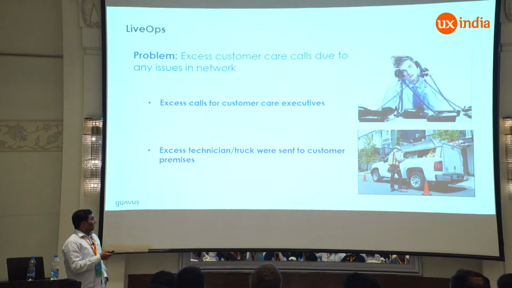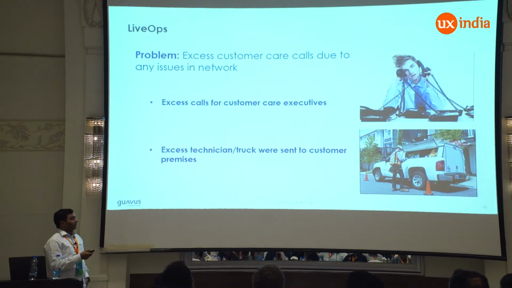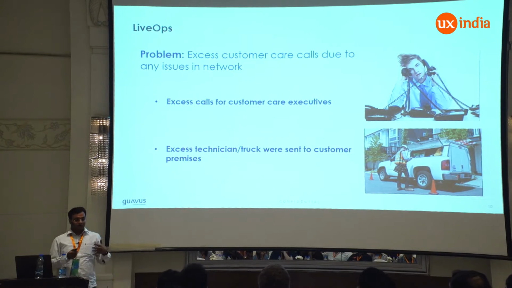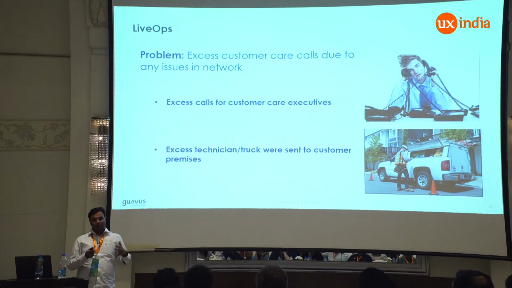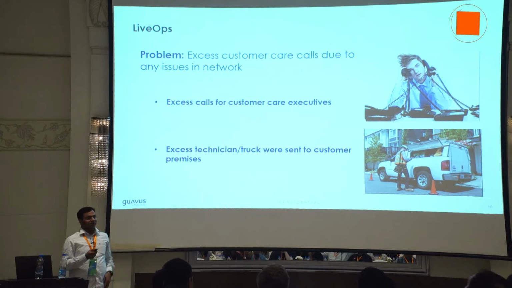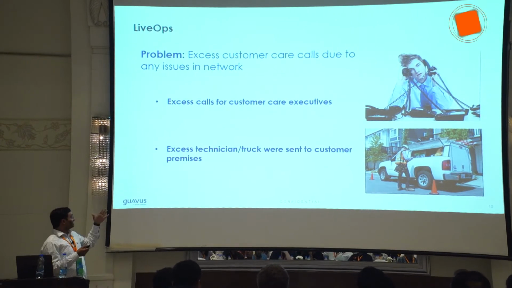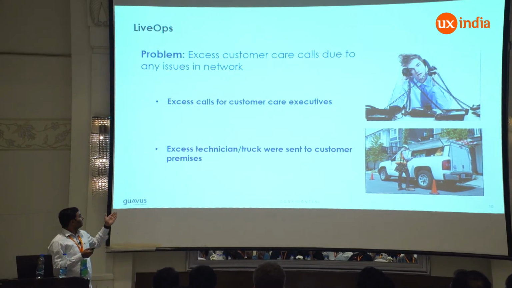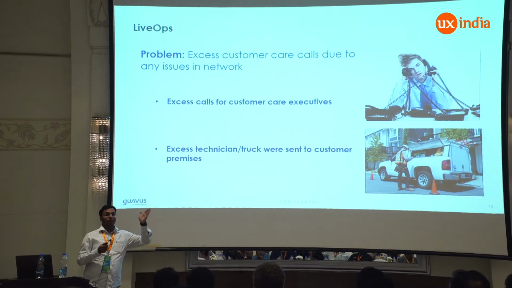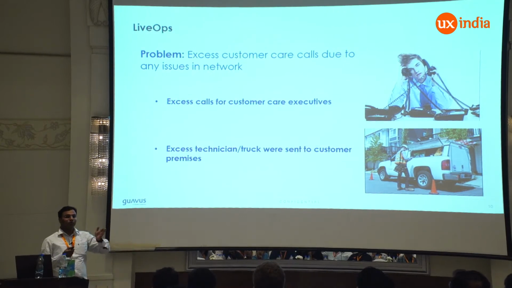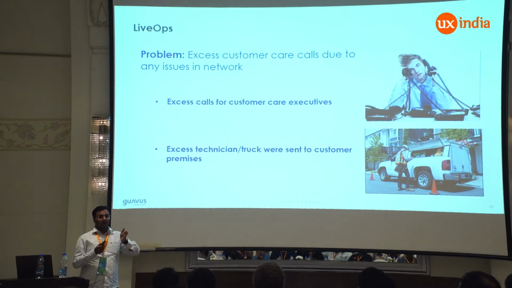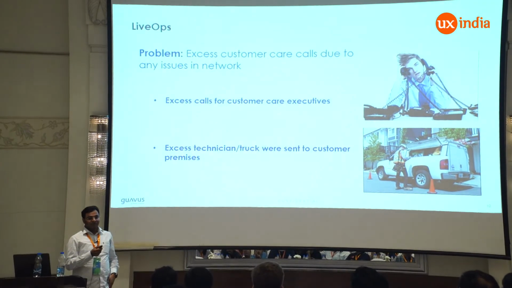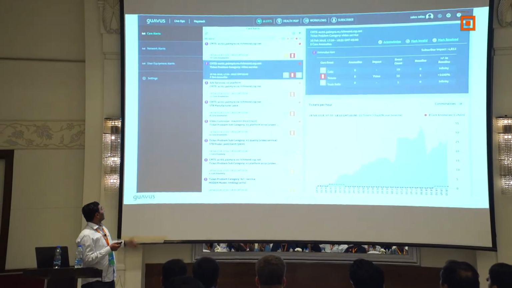Okay, this is another product, Live Ops, where our customers were complaining. They were getting a lot of calls from their customers because of network issues and wire problems. So they had excess calls and needed to send excess technicians to the end users, which caused a huge cost, as every truck costs around $120 per hour. So we have saved a lot of money using our product called Live Ops,